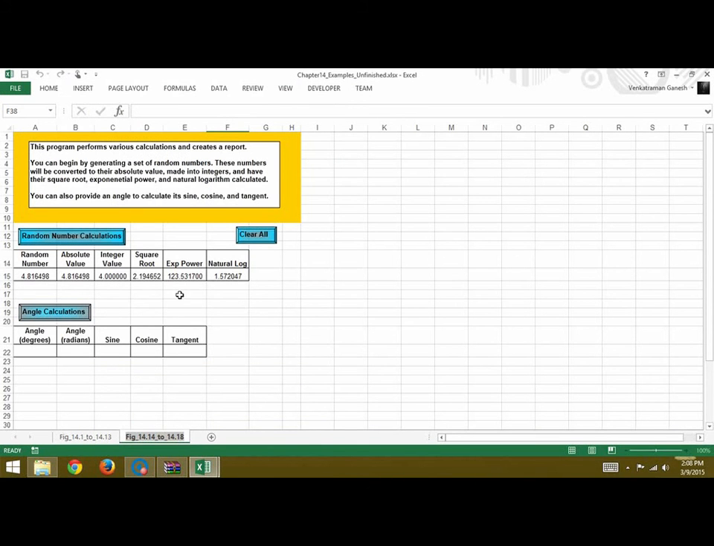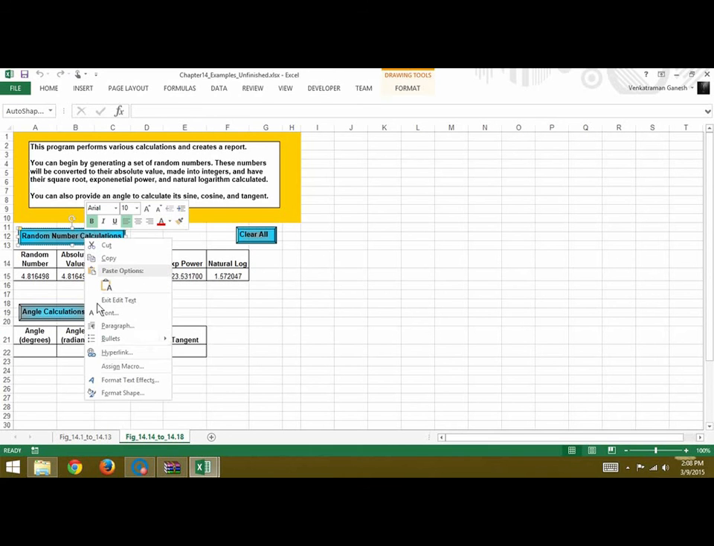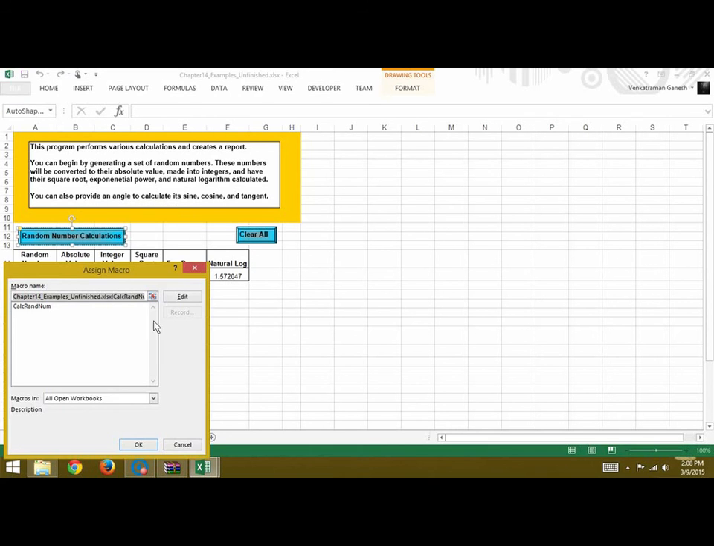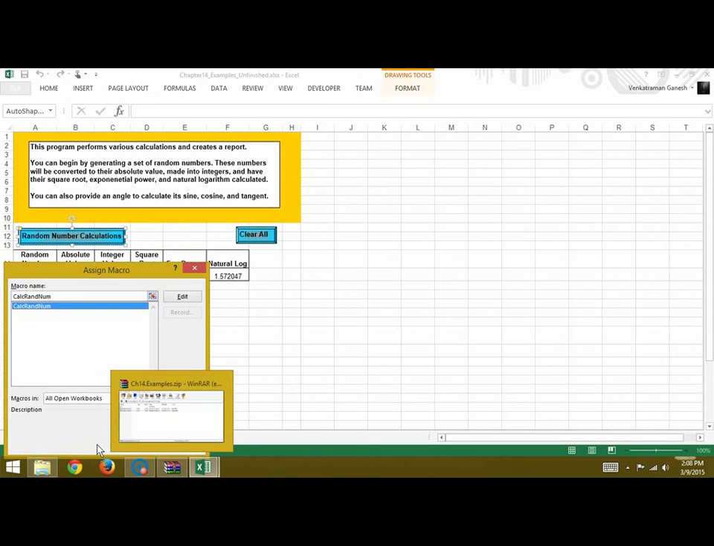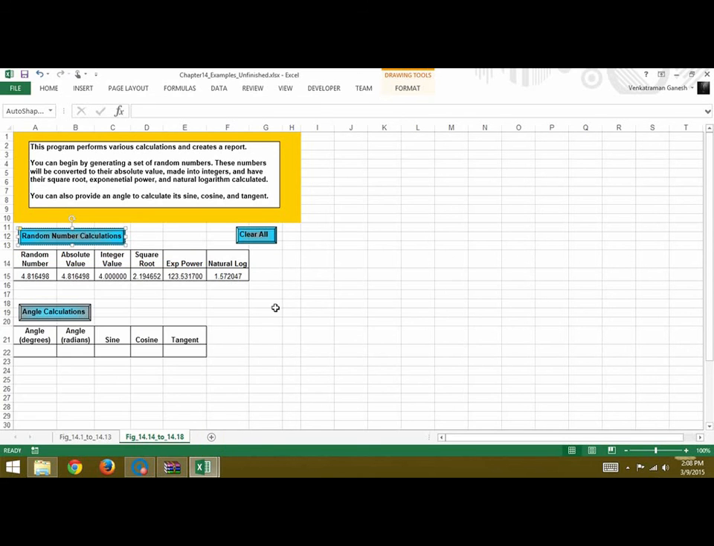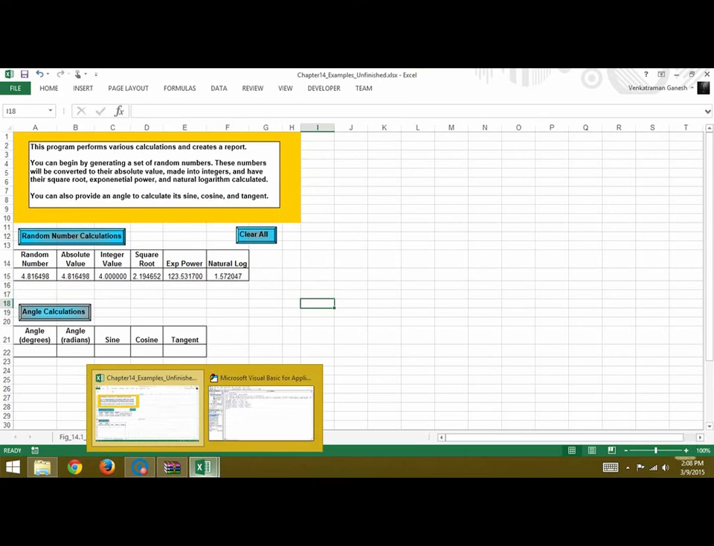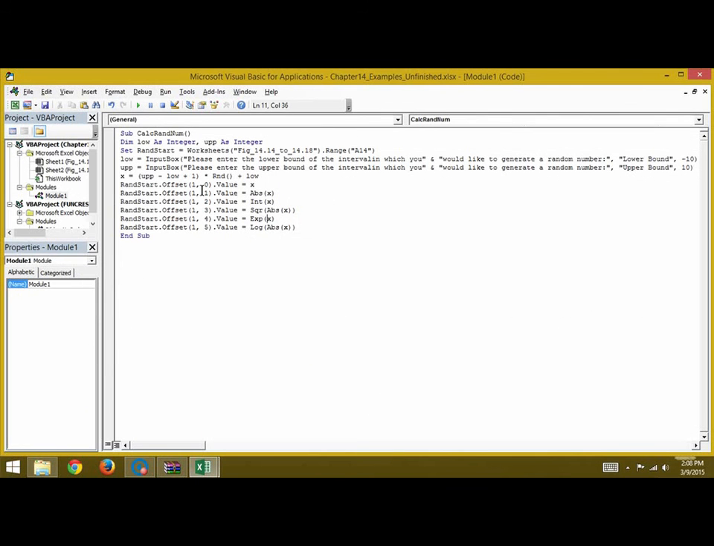So you said OK, and you get the values here. Now you can assign this to a button, which is a random number calculation. You can right click on it, say assign macros. You can assign calculation random number and click OK to it. Alright, so for the next sub, we will write